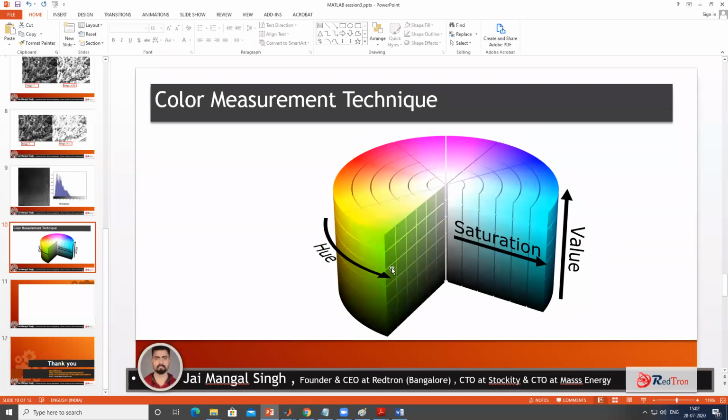So actually hue decides the color combination, saturation decides from what intensity to which intensity it is moving, and value decides from darkness to brightness in which direction it is moving. Similarly, RGB we already know because we are much familiar with the RGB technique, like some percentage of red color mixed with 50% of blue color forms a yellowish part. So these are different techniques in which we can develop colors.